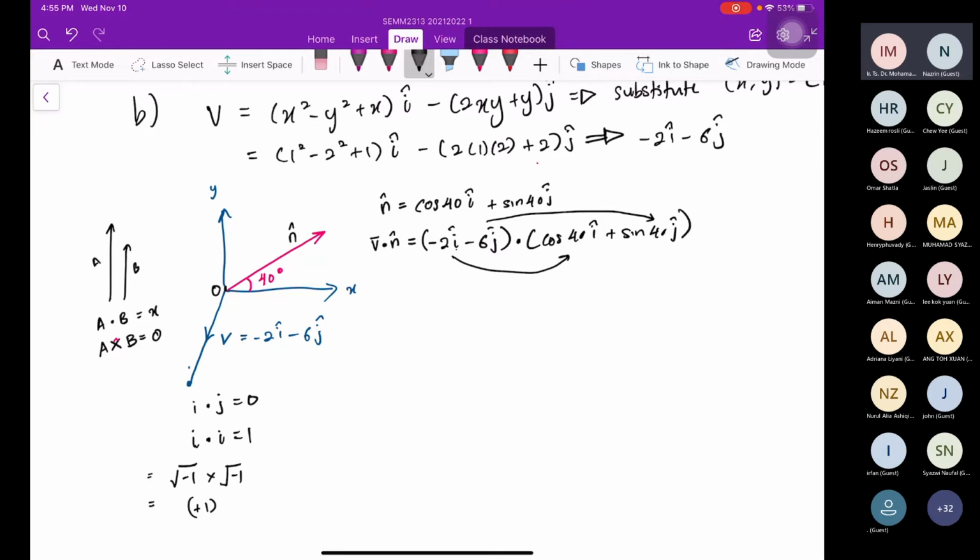So negative 2 multiplied by cos 40, you will have negative 2 cos 40. This is I with I. J with J, so this is 6 sin 40. You will get finally negative 5.39 meter per second. Okay, lastly,